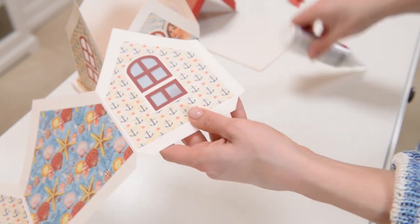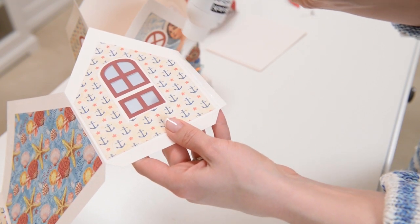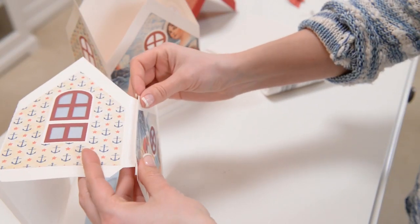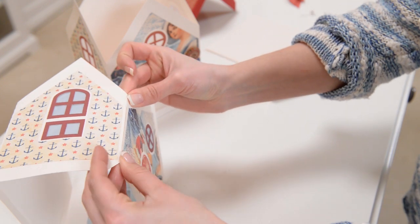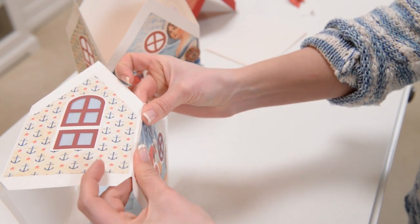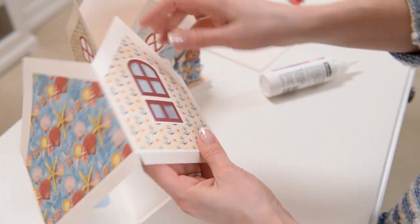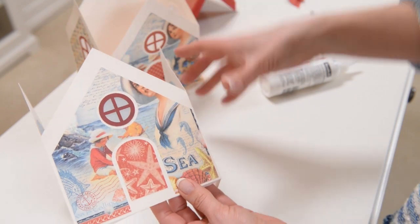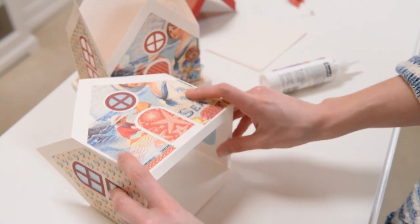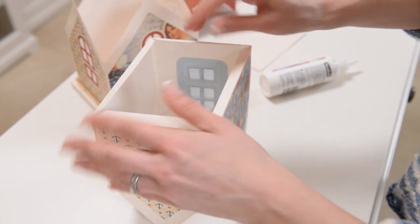So then next I will put some glue on the other side tab here and line that up nicely and glue that into place. So as you can see, I had my panels glued on as well as my window frames and my vellum on the inside. Then I glued my 4 sides together, and now I just want to put glue on all